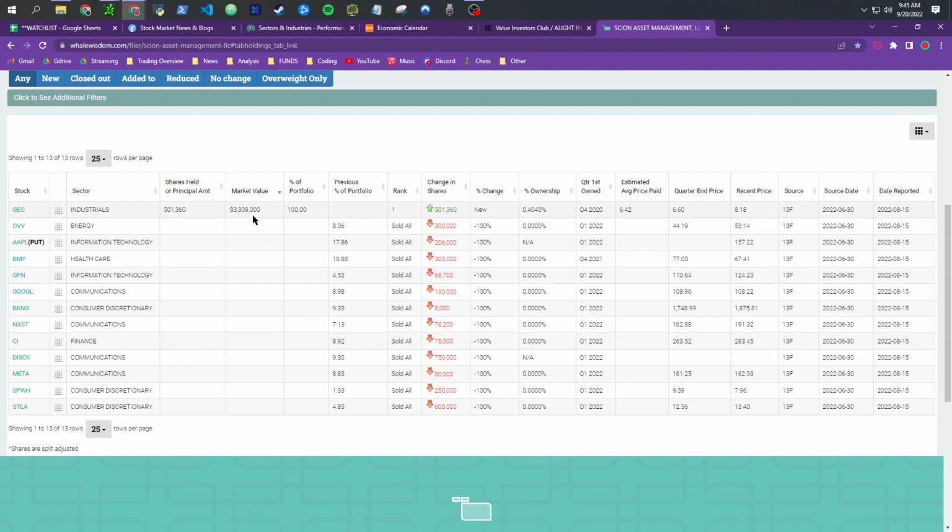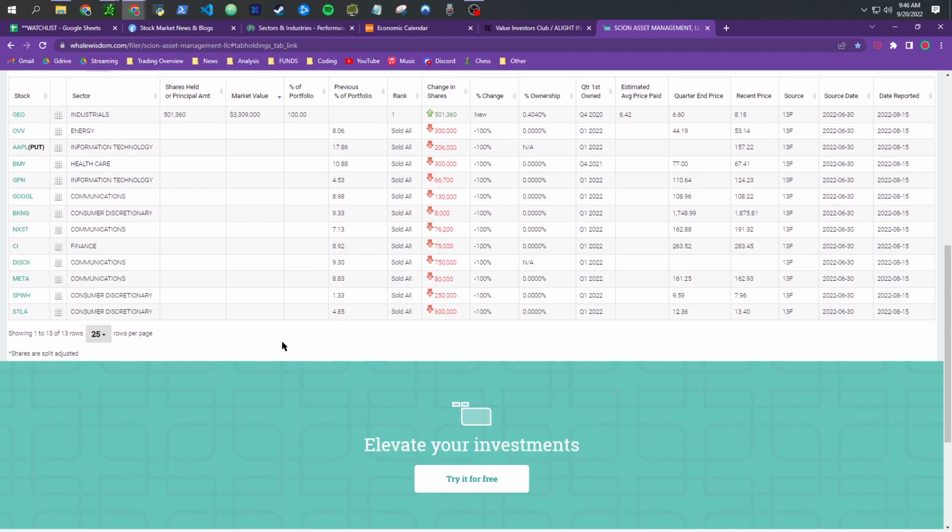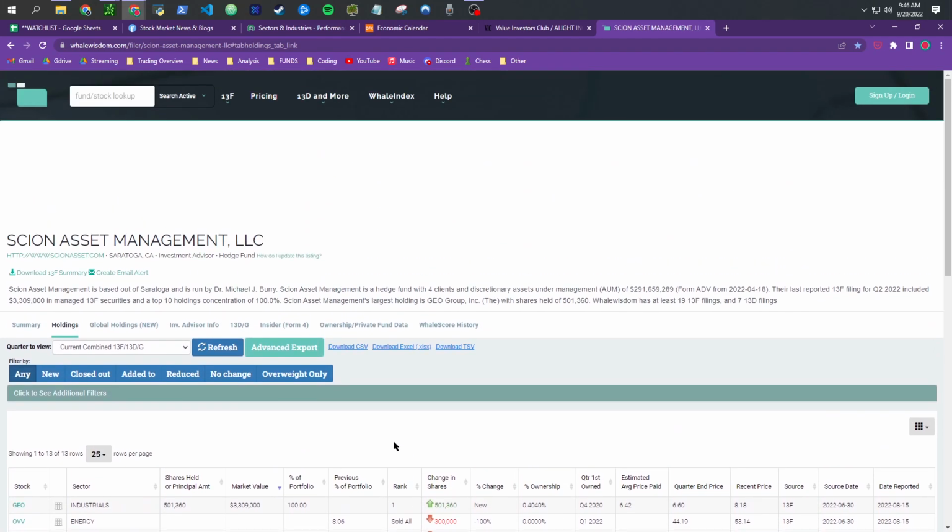So he had hundreds of millions of dollars of stocks, and this he only has 3.3 million. So that's not a cue to me. That's an incredibly small position relative to what his portfolio typically is. So no real cues to be taken from